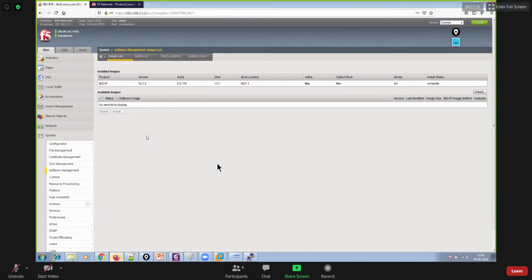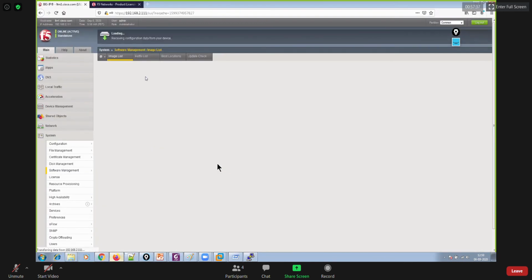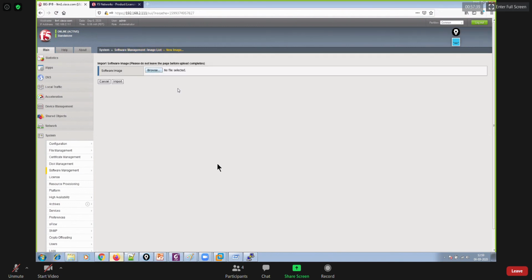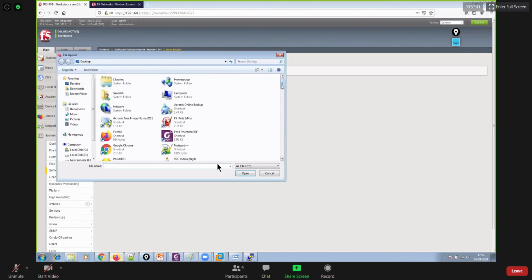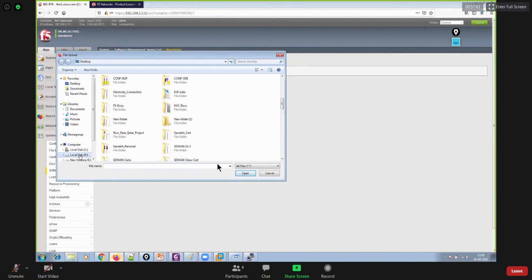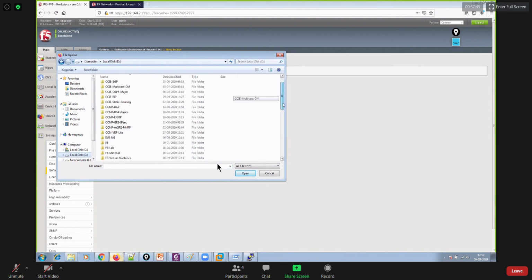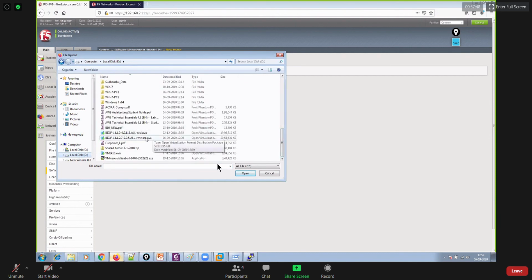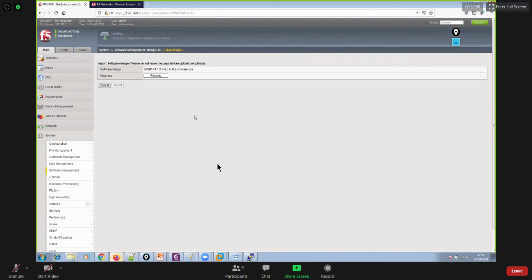Now I'll go back and say import, and then it will ask for the image. So that's 14.1.2, import it. That's how you're going to import it, right?